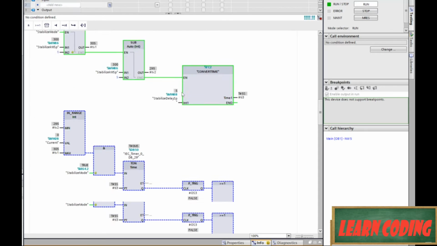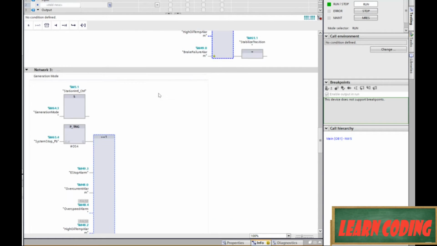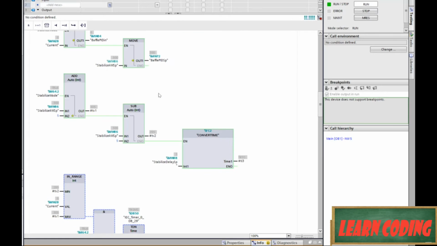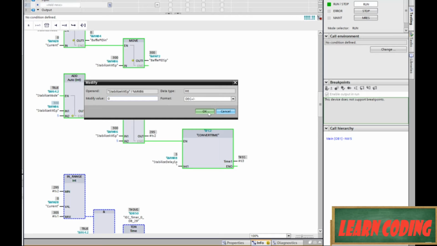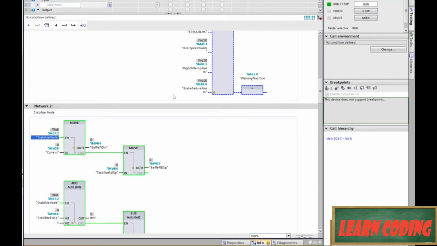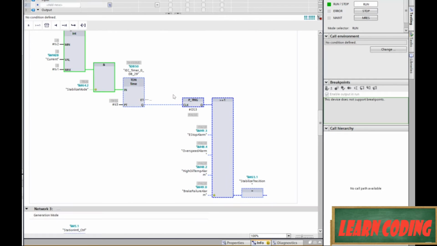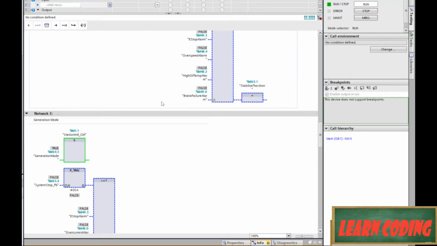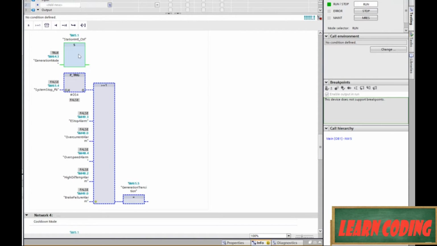And stabilize, everything looks good, and we're going to go into generate next. So let's bump that value down to 0. Timer should start timing, and yep, then we pop into generation,